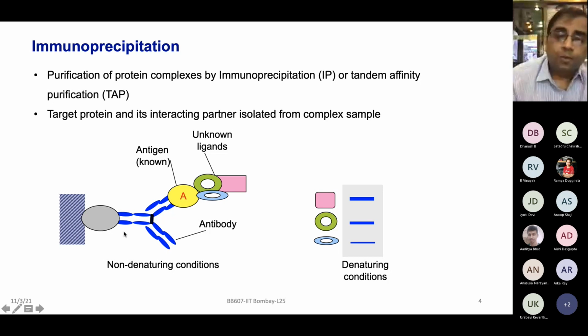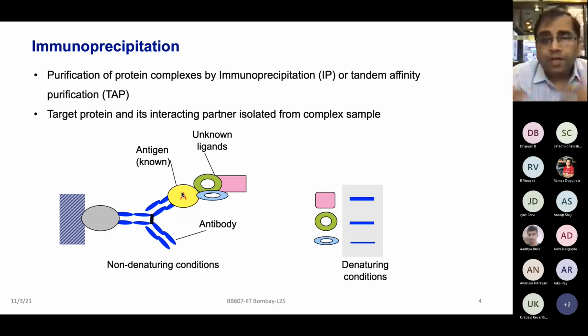In this case, for the protein A, which is of your interest, you need to have an antibody. Let's say you have an anti-protein A antibody available. And then you are looking at, let's say, a tissue sample or complex cell lysate sample, where this protein should be present in that complex milieu of thousands of proteins. But you want to know which other proteins this protein interacts with. So you are hoping that protein A is binding to some other proteins, the close interactors, and they are forming a complex.